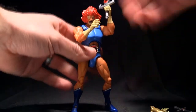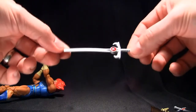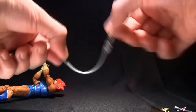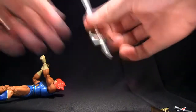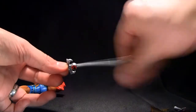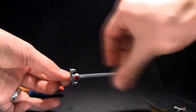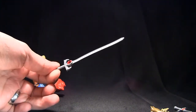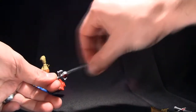So yeah, what else was I going to show you guys? Oh, we were talking about the sword. So, check this out. It's a nice sculpted sword, nice little Thundercats logo, very nice. But it does this. I don't know if you guys have other figures that you display, or any figure with the PVC sword. Obviously this is so kids don't poke their eyes out, because these are technically catered to kids, even though kids don't really know much about the older Thundercats. It's mostly adults buying this, but just for those kids out there that might poke an eye out,